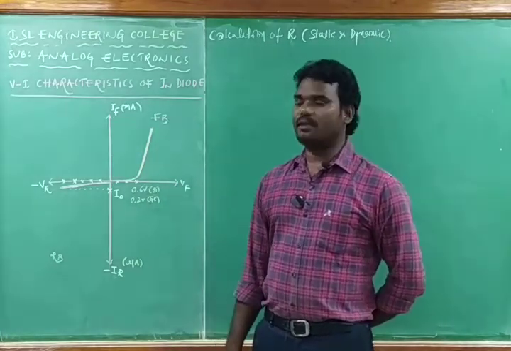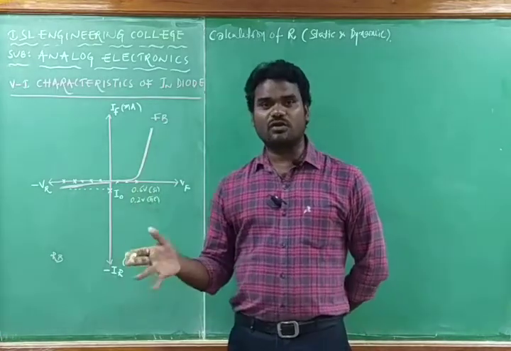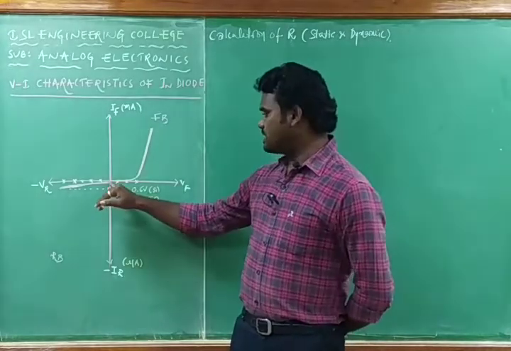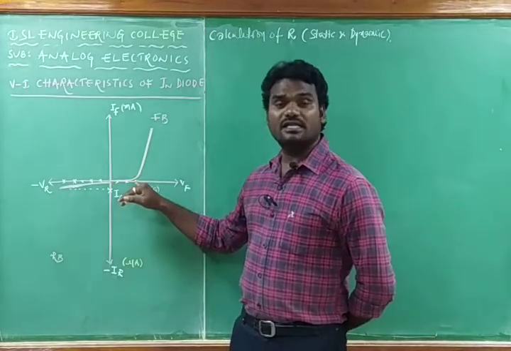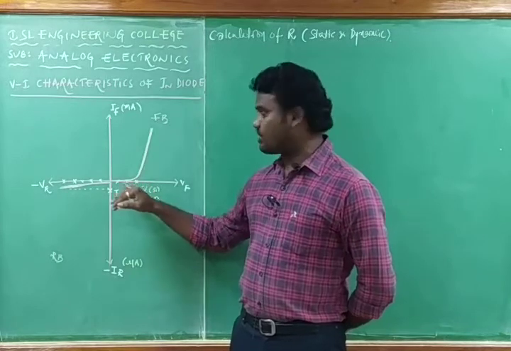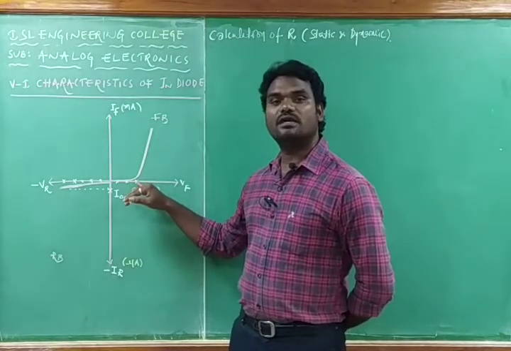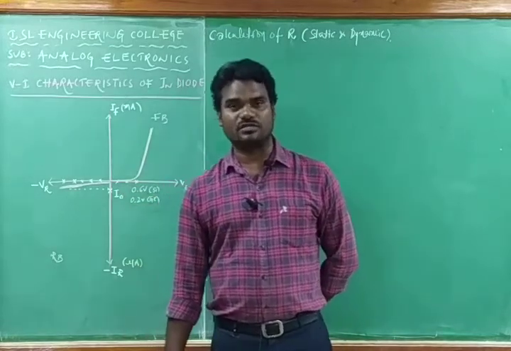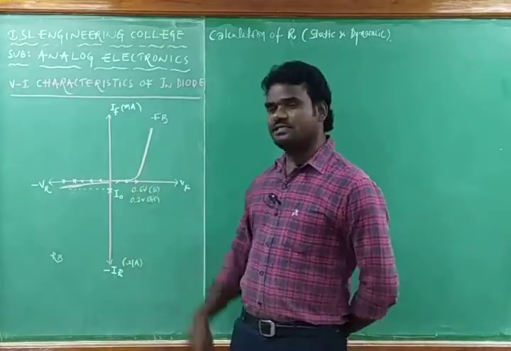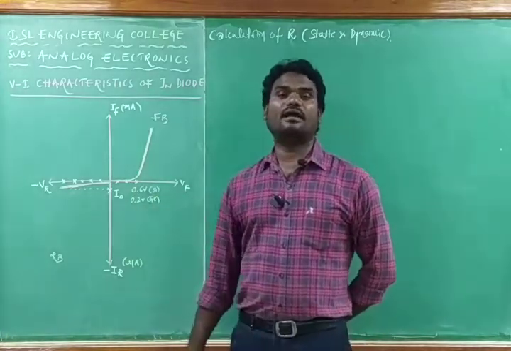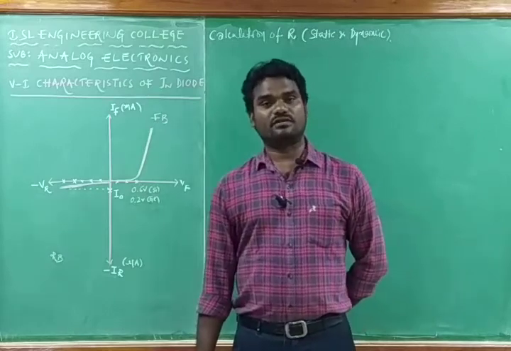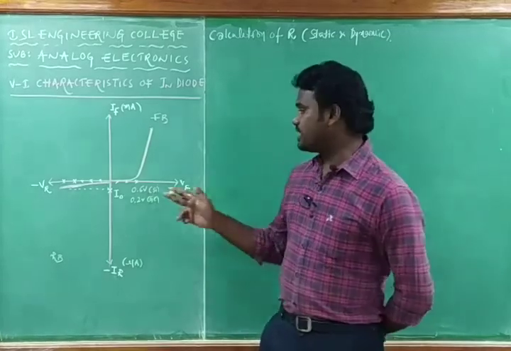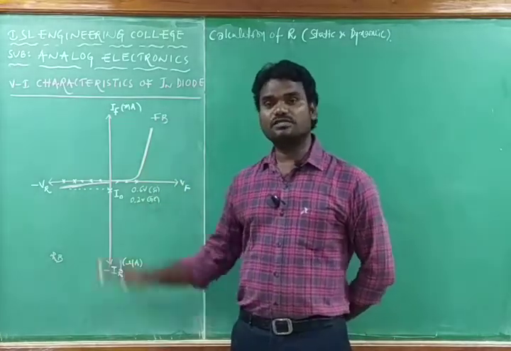Up to 0.6 there is no current. That region is named as the ohmic region. The region in which the PN junction diode is not conducting current in forward bias is named as the ohmic region. From 0 to 0.6 there is no current, so this region is named as the ohmic region. After 0.6, it conducts current, and that region is named as the active region. Now the diode is actively responding with respect to the voltage, so it is named as the active region. This is the PN junction forward characteristic.